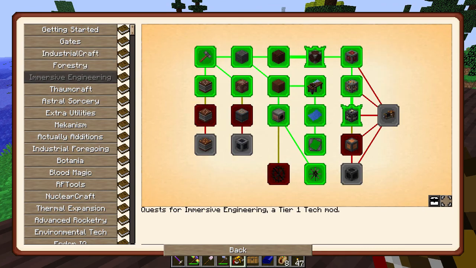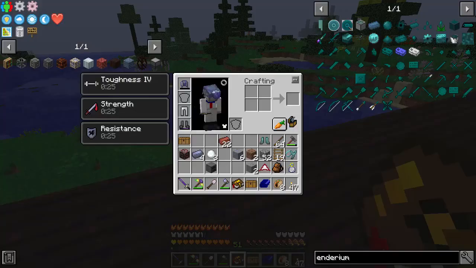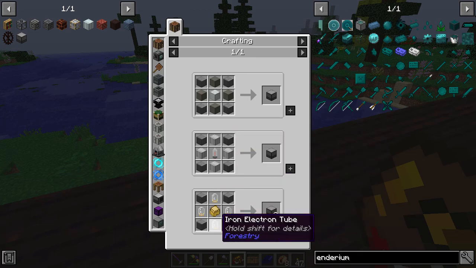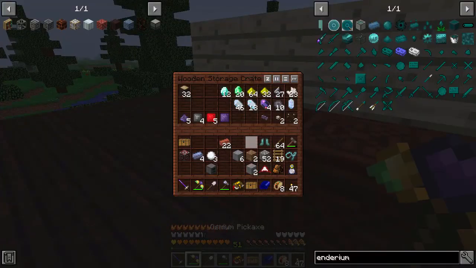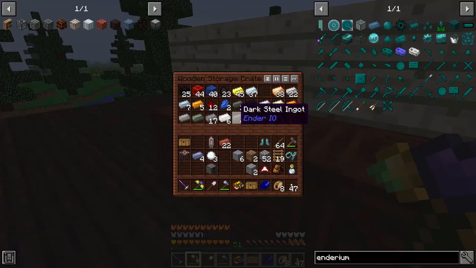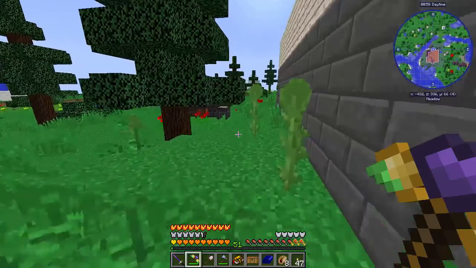Anyways, is there anything else we want to do today? That'd be nice and quick and easy. I mean, we could make the machine blocks from extra utilities. That's not awful. Sturdy casings is just a bunch of bronze. I have that. That's an impregnated casing. Alternatively, you can use the vacuum tube, iron sheet metal. So we get just 2 pieces of iron turned into...